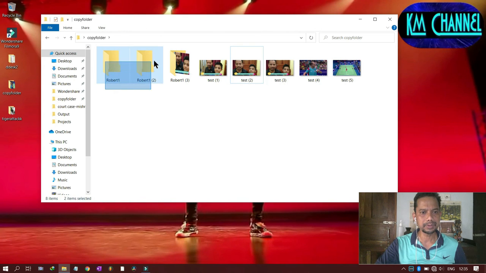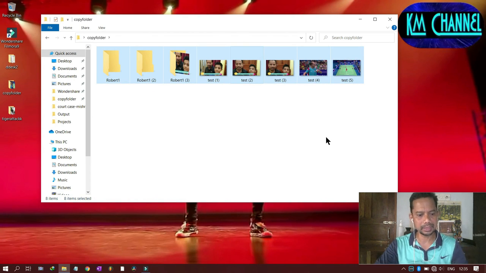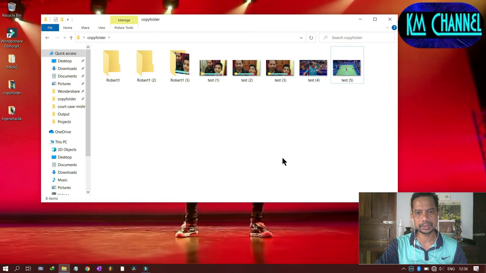And the same thing you can do with the mouse. Left mouse button, click, keep it pressed, and drag it. So you have selected everything. Again, let us say you don't want the last file, press the control button, left mouse click on that file, and that is unselected. So till now we have learnt about cut, copy, paste, the keyboard method, and the mouse and keyboard combination. Also I forgot to tell you, Control X is cut, Control C is copy, Control V is paste.